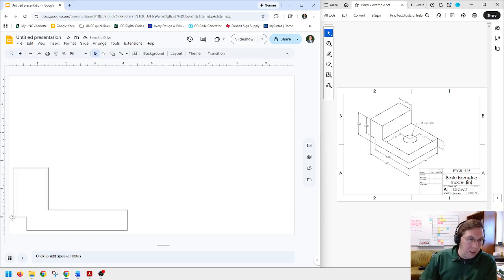It ain't pretty. You can see visually that some of these points don't line up exactly. We can fudge that. We can just hit up on the keyboard, hit over on the keyboard, and kind of make it look like it's closed. Yeah, it mostly looks like a closed shape. All right, now